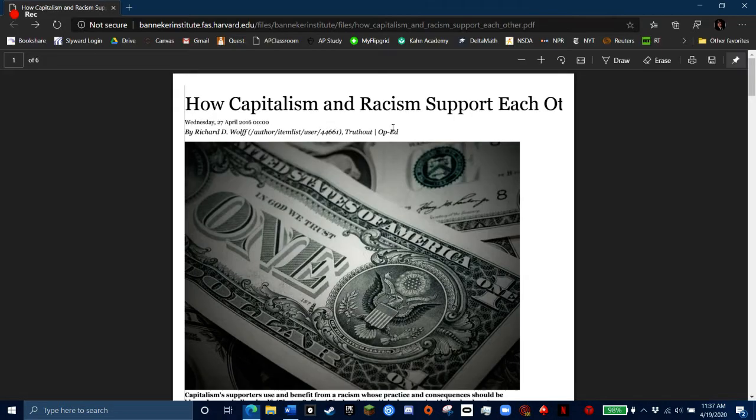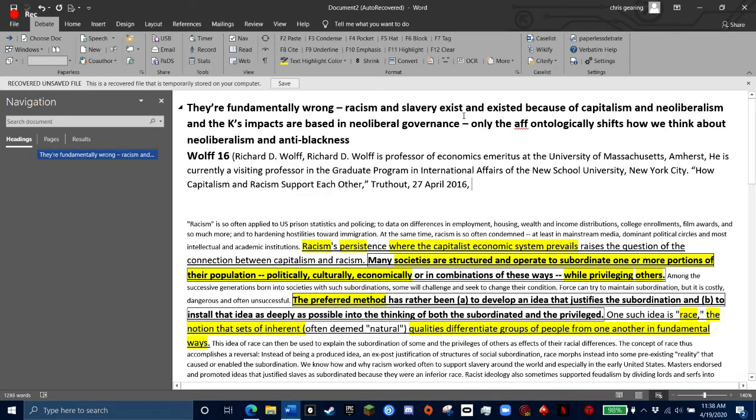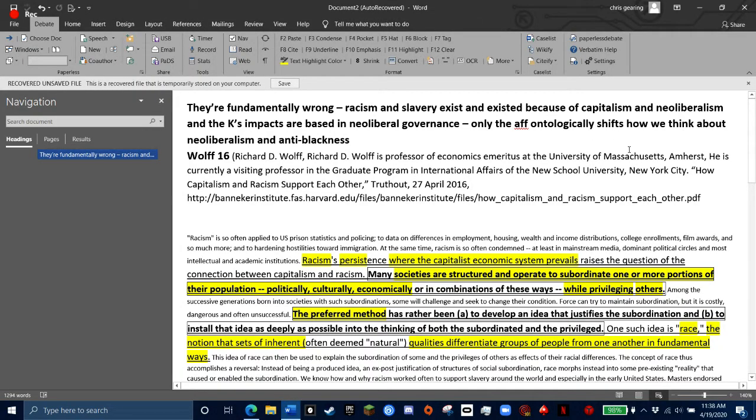It's always important to have that. Then the next thing we want to have is the link to the article. You can see up here it's a PDF, but it does have a link, so we can just copy and paste this link into the document. And finally, we want to have the date accessed. This is always important to show when you accessed this piece of evidence. This is common in MLA citation as well. So you can see the date that we've accessed this article is